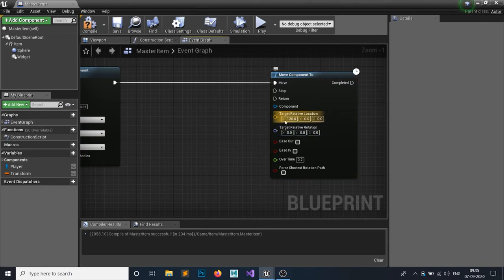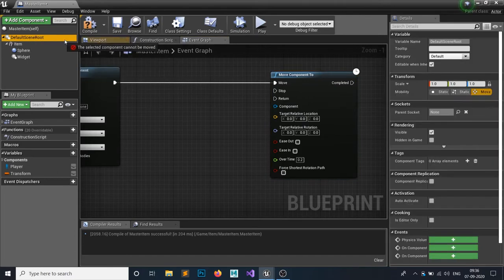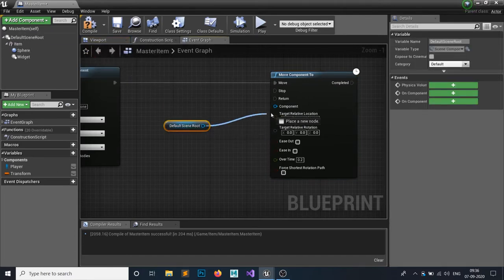If you don't know where this location comes from, you can simply check. So let's just dynamically set this location. We're going to check which is the perfect location of our screen, and then set that location in here, and the component would be the default scene root. So just drag and drop this here and attach it like this, and let's try, let's say, 50, to see if this works or not.